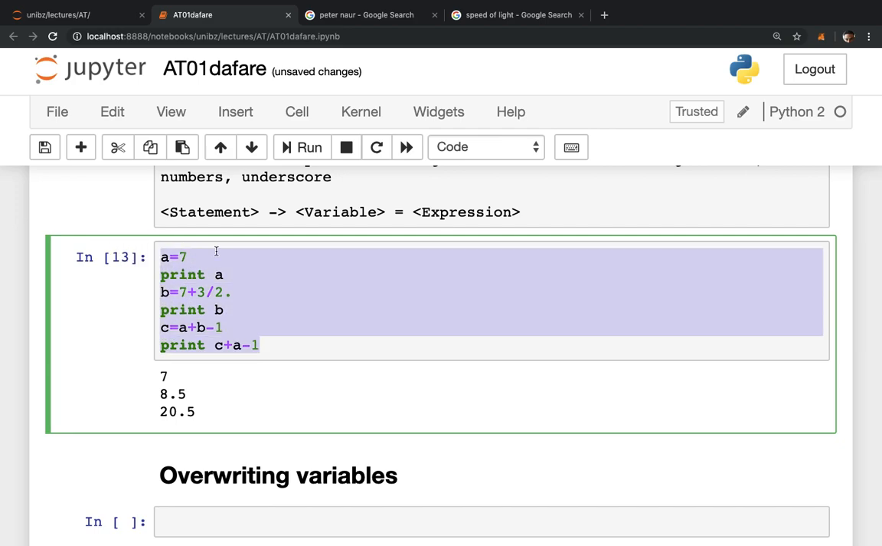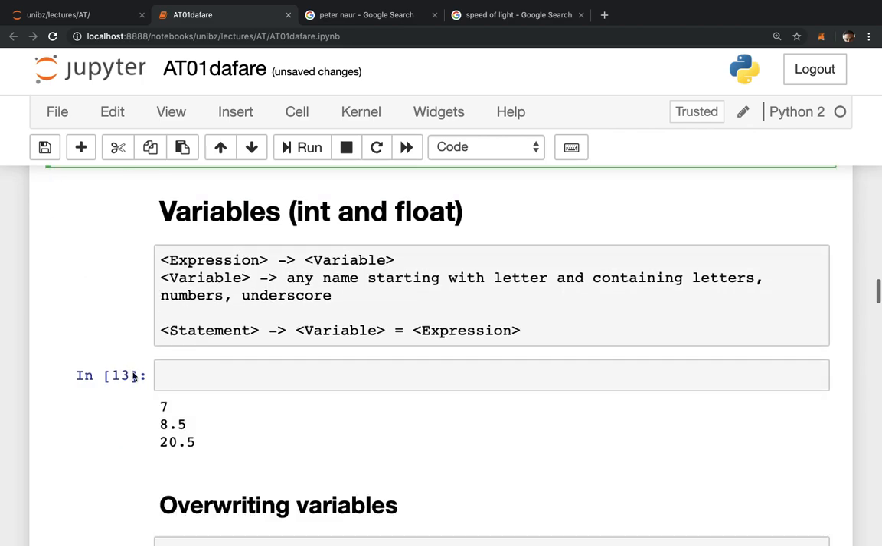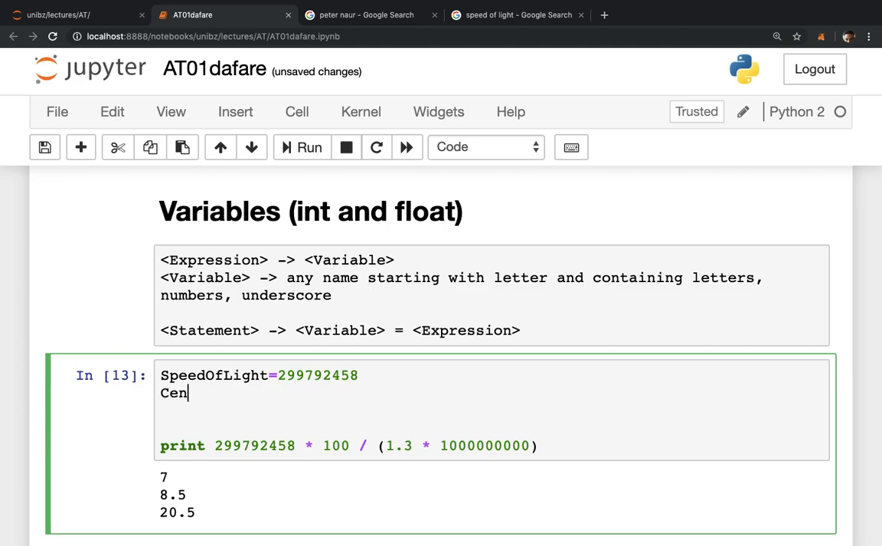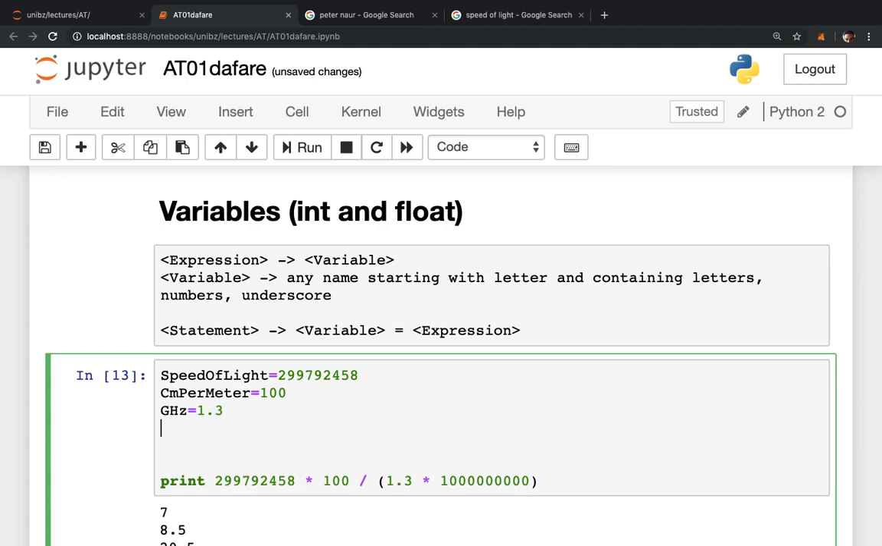In particular, it may be convenient to rewrite the previous calculations that we did here. Previously we calculated this one. It's much more convenient to write it like this. Speed of light equal, centimeters per meter equal 100, then gigahertz of my computer equal 1.3, and cycles per gigahertz equal 1, 1, 2, 3, 1, 2, 3, 1, 2, 3. Okay, and now I can write